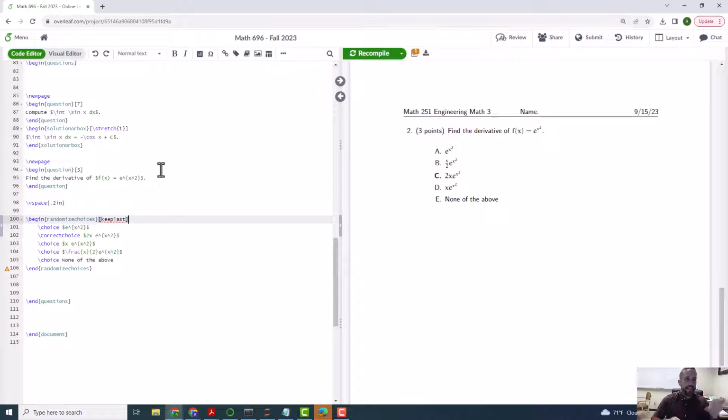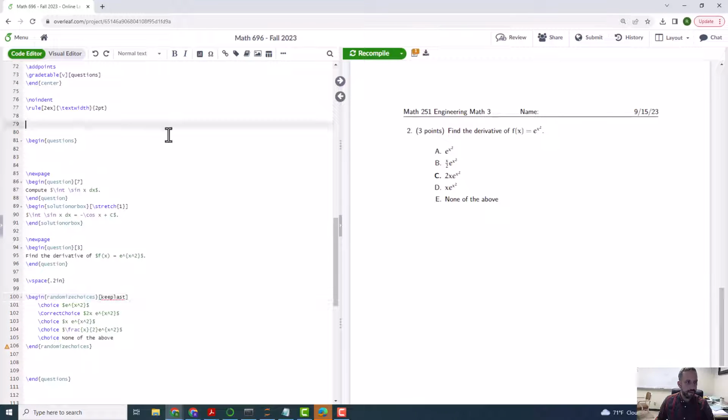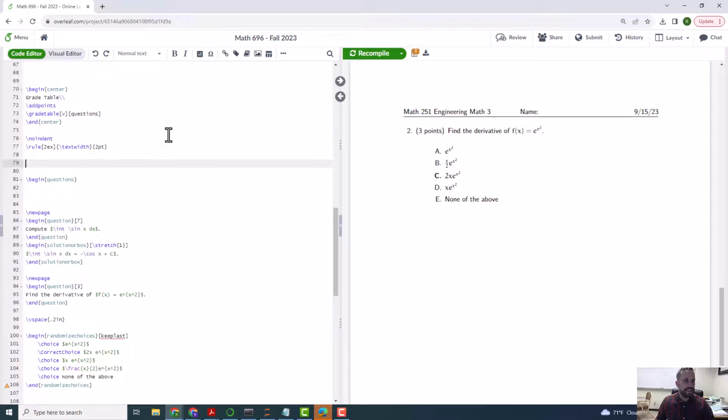The problem is that since we're randomizing things, version A compiled today is not going to be the same as version A compiled tomorrow, or another day, or just a minute from now. So how can we consistently randomize the exam choices? This is when we use the set randomizer seed command. So set randomizer